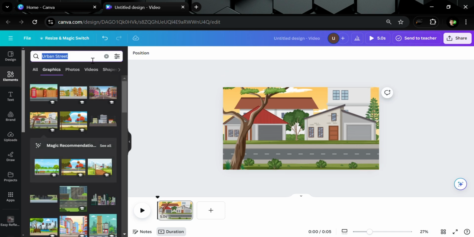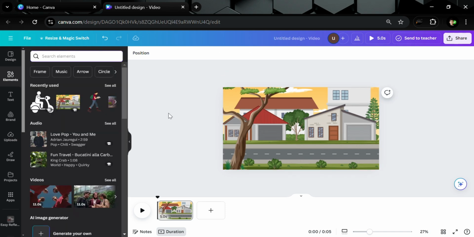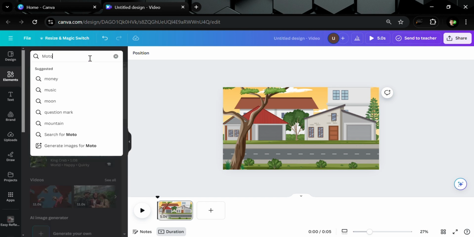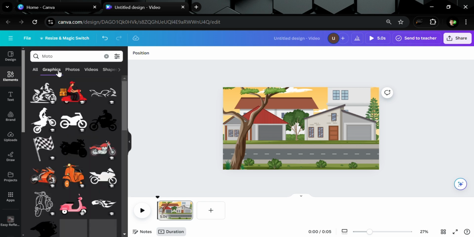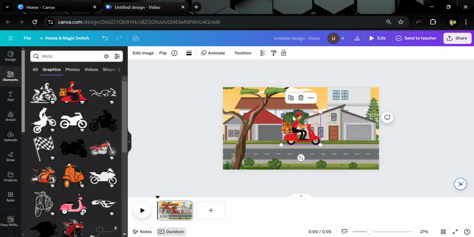After that, search here. So after that, search here Moto. Enter. Go on graphic. Okay, so let's take this one. Decrease the size